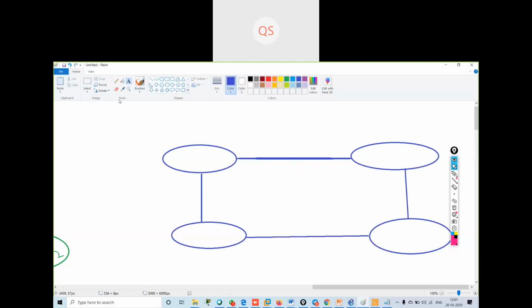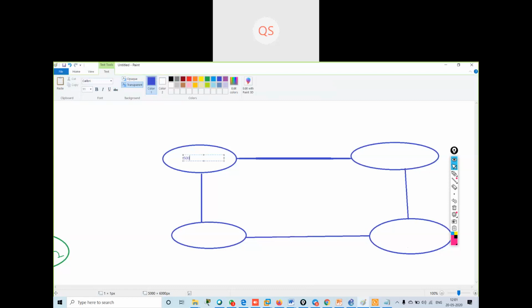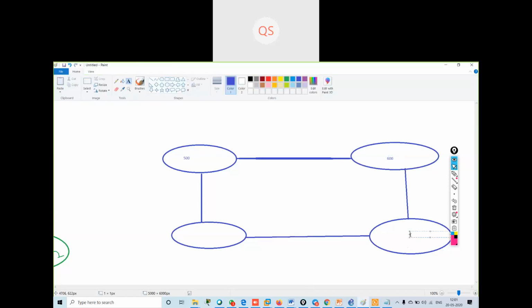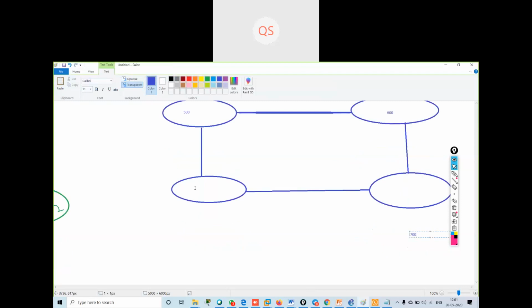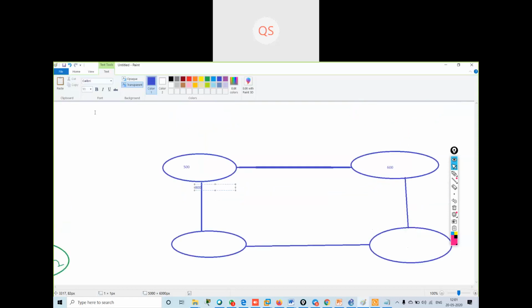This is my AS 500. This is my AS 600. This is 700, and this is 800.